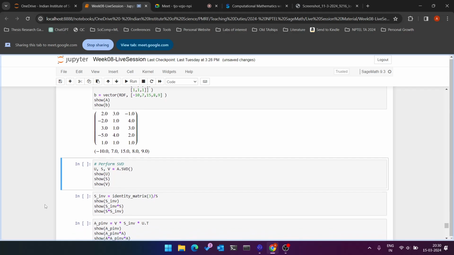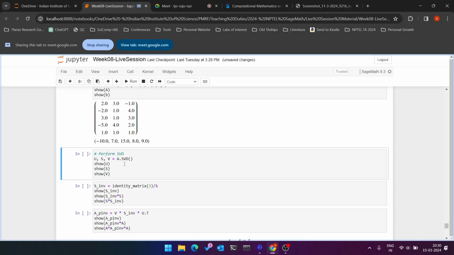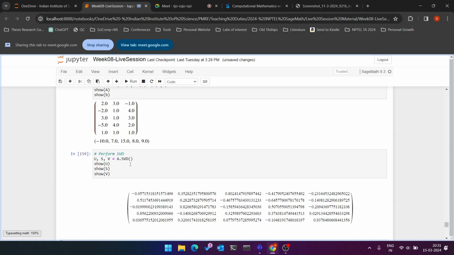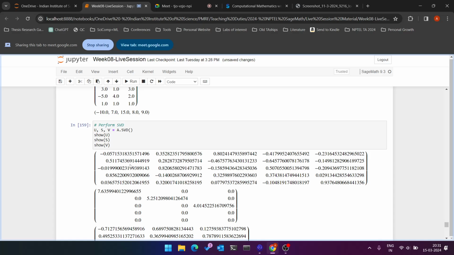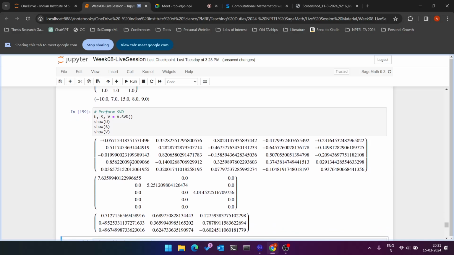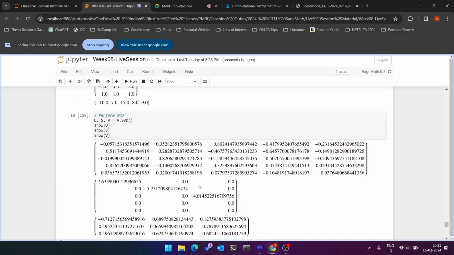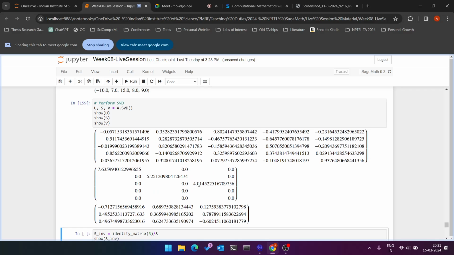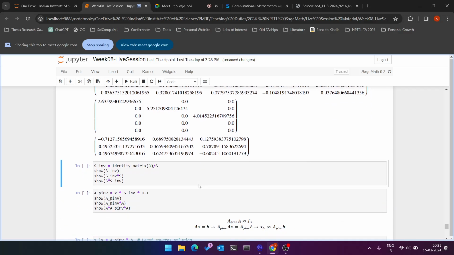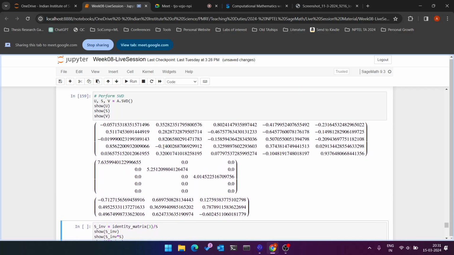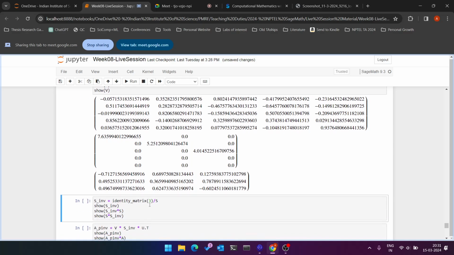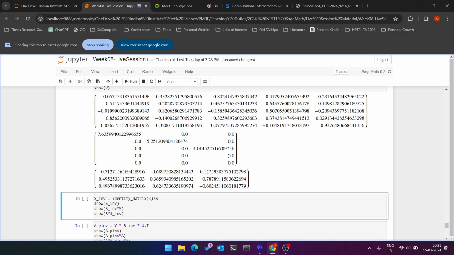Next, we perform singular value decomposition of A. That should give us U, S and V matrices. If I run A.svd and print out the outputs, U is a 5 cross 5 matrix, S is a 5 cross 3 matrix, and V is a 3 cross 3 matrix. So A is basically U S V transpose. Next, to calculate pseudo inverse, I need to calculate the inverse of S. So S inverse is basically identity matrix by S. So we have a 3 cross 3 identity matrix, 3 diagonal terms here,